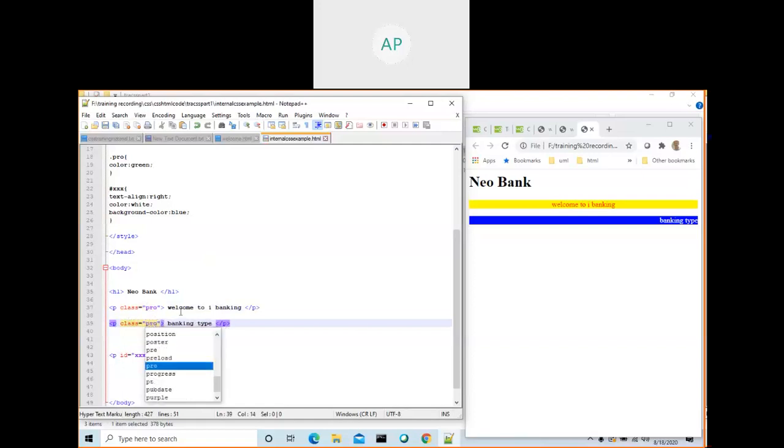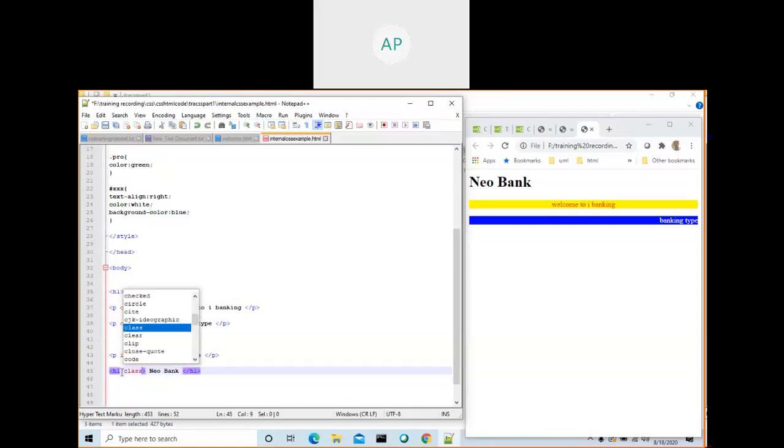Okay, now I applied this style to both the tags. Even if I want to apply to another tag also, I can. Say for example, I create another h1, Control V. I applied the CSS property through class equal to PRO. So the benefit is that by using the class attribute, I can apply the CSS property to all these tags.